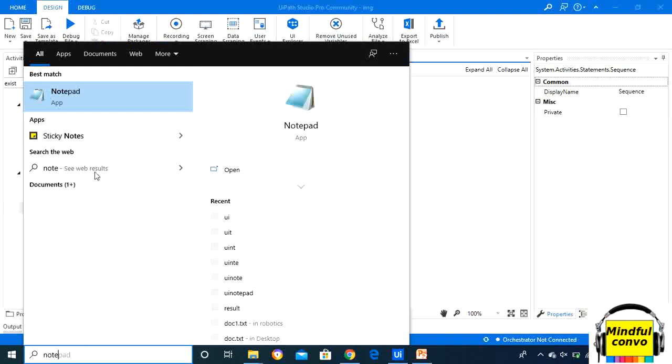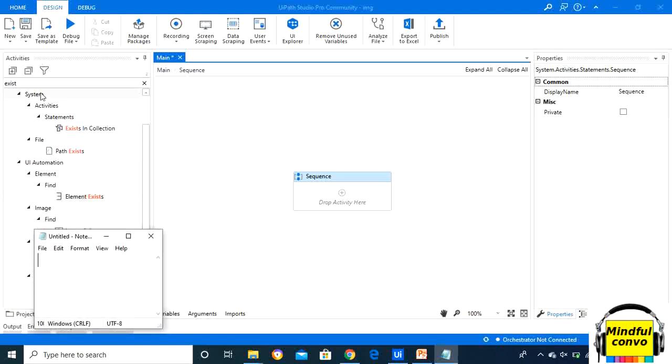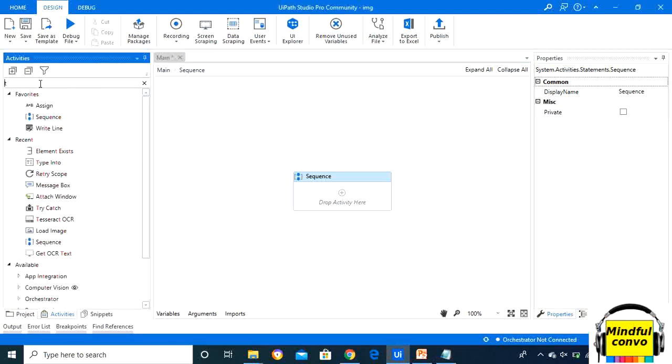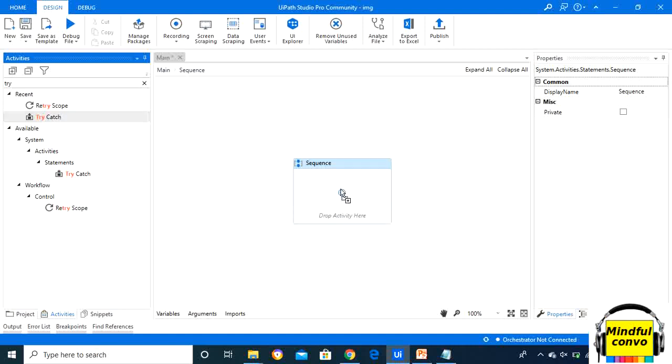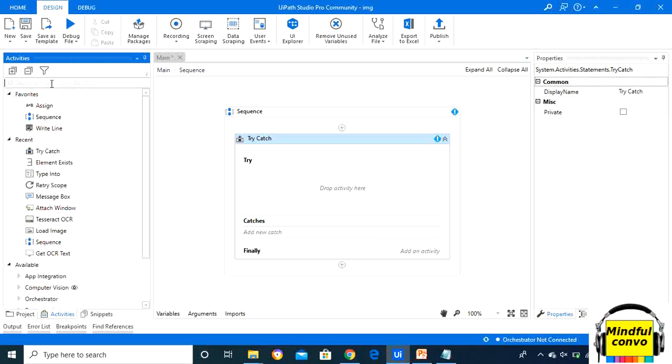First of all, we will open Notepad. Now we will take a try-catch block. In the try block there is a drop activity here. In this drop activity we will put an activity that can throw some exception.